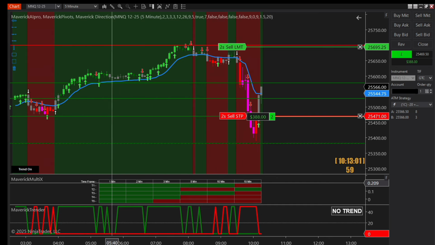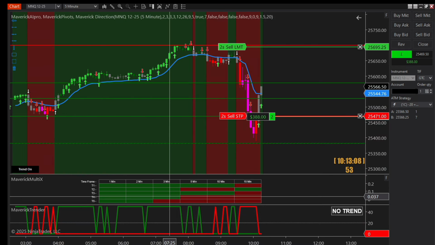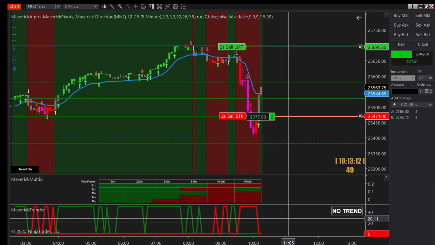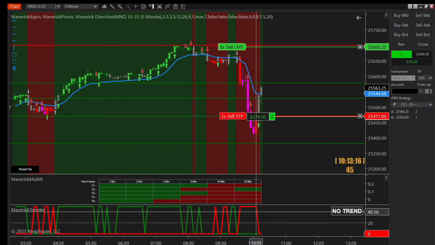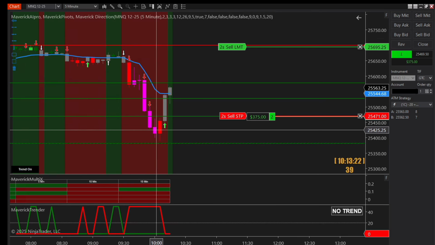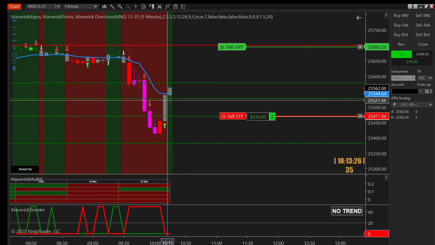All 5 traders are bullish on the 1 minute. All 5 traders, who have a completely different style from each other, are bullish on the 2 minute. They're almost all bullish on the 3 minute, and they're coming around to the 5 minute. My Maverick Trender, we lost our downward trend, which tells us, hey, that trend is over and we're turning around. Then we went from pink candles, your strongest downside candle, to red, your second strongest downside, to gray